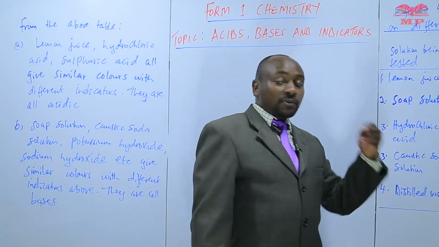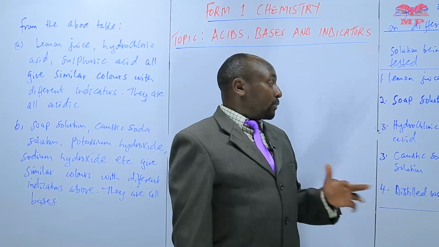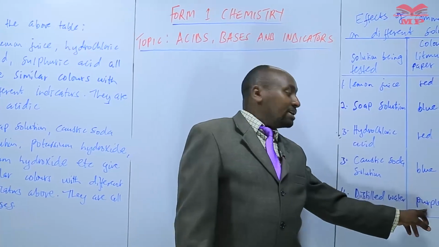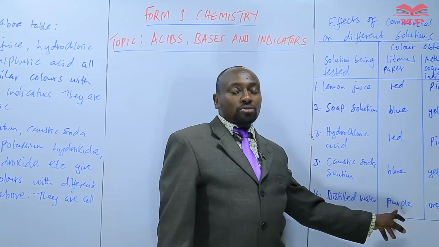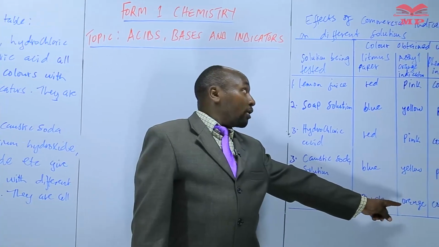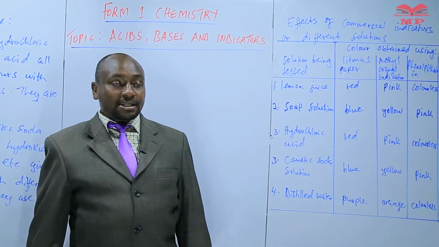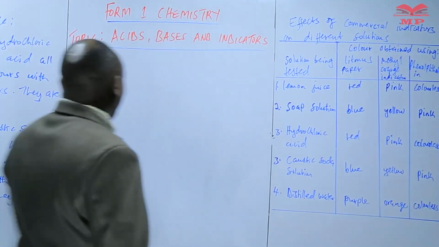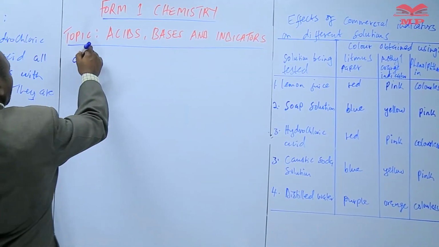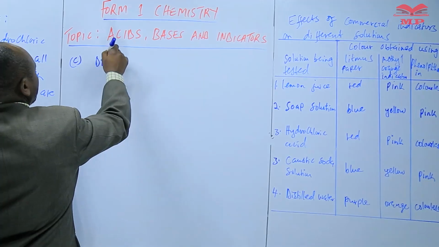So here distilled water, we are saying that it is neutral because the litmus remains purple. It doesn't turn red or blue. The methyl orange remains orange. Phenolphthalein remains colorless. So that is an indication that they are neutral. So you can say that distilled water